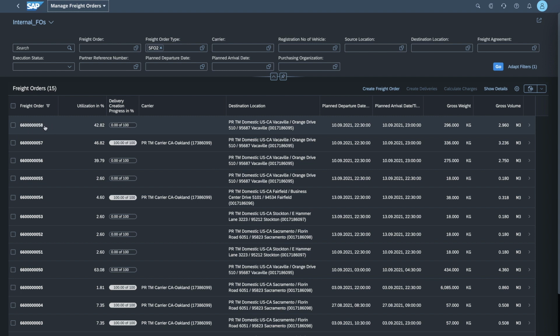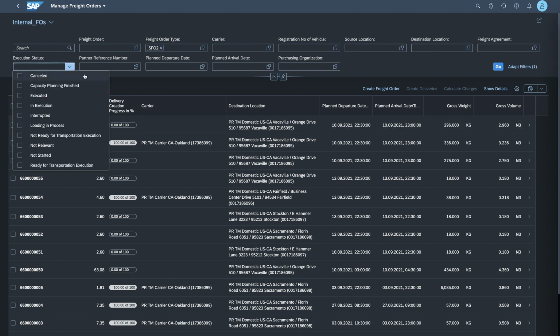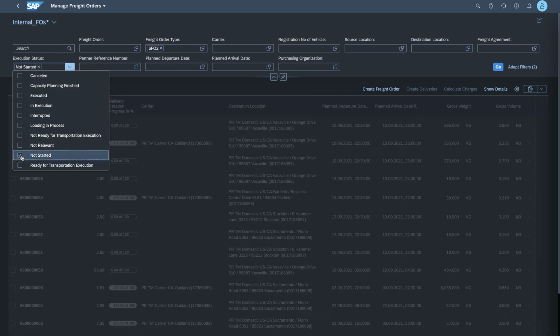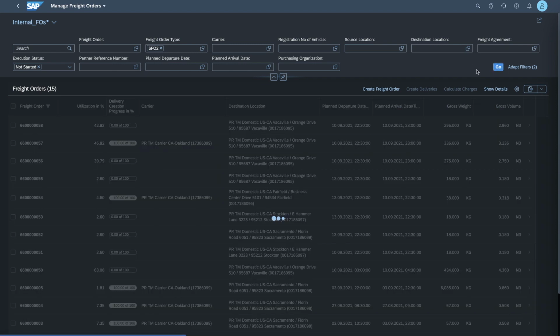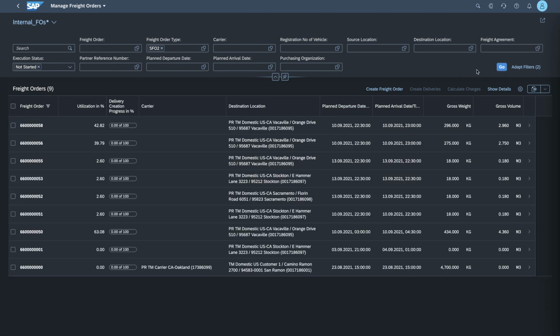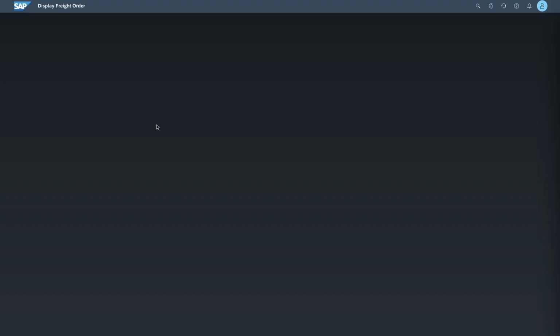which is the one that finishes with 58. And the first thing that we of course notice here, as we had seen in Transportation Cockpit, is that it does not have a carrier assigned to it yet. Also, what we can do here is restrict those freight orders that have not yet been started to further reduce my work list, if you like. Okay, so these are all freight orders that have not yet been started and that I would potentially need to plan. This is the order that I'm interested in,